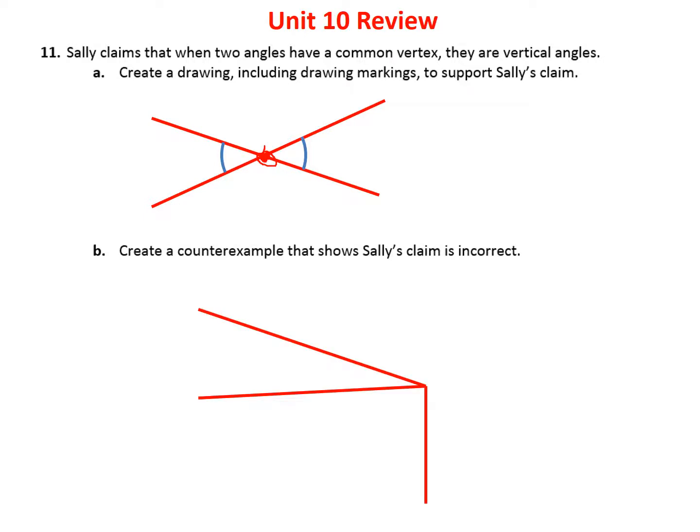However, I can easily draw a counterexample where that's not true. For example, here, these 2 angles have the same vertex here, right? But notice they're not equal to each other. I did that by giving different colors, but hopefully you can see they're not equal, and they're not vertical. They don't come across from each other. So in this case, we'd have to say that there's an example in A where Sally's statement is true, but here's an example below in B where it's not true. So Sally's statement is